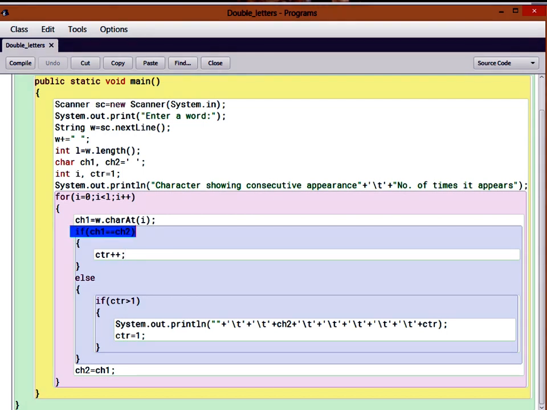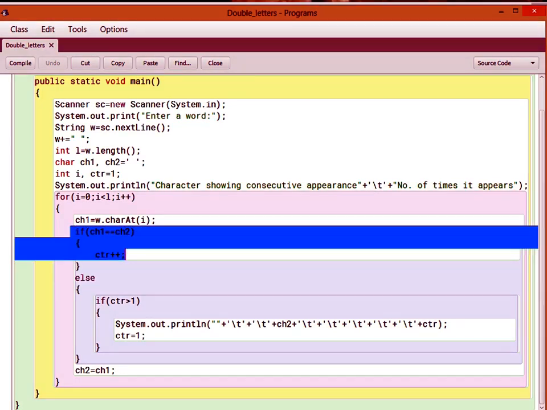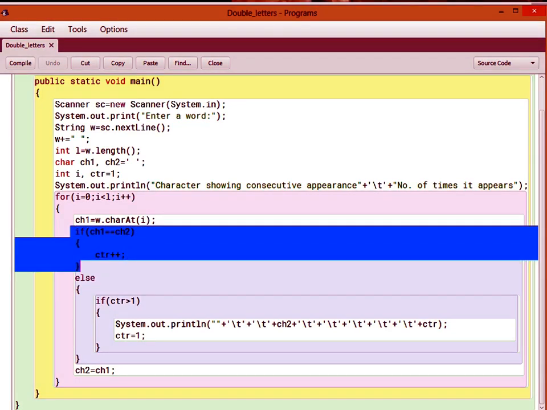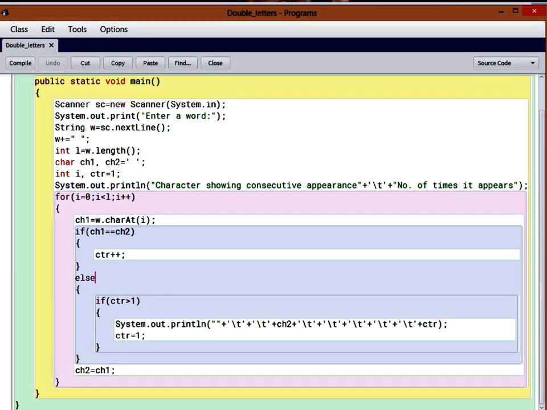Now remember, initially the value of ch2 is space and ch1 is having the first letter at the first moment I am talking about. So there would be no match, so naturally it will go into the else part. Remember that only if ch1 is matching with ch2, the counter will be incremented.